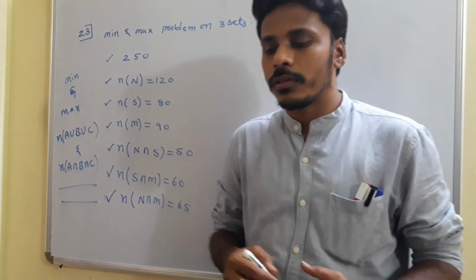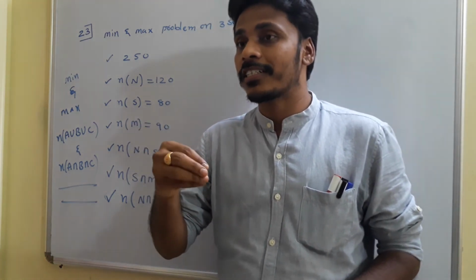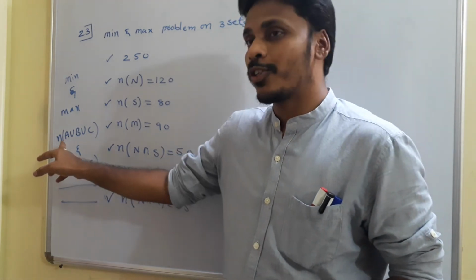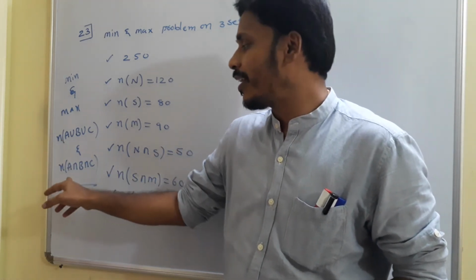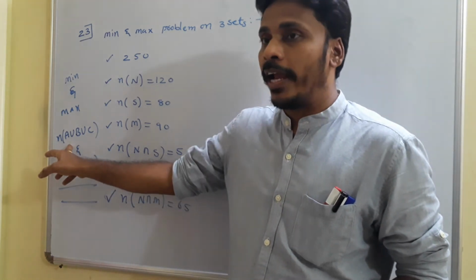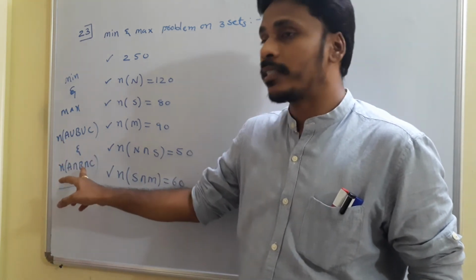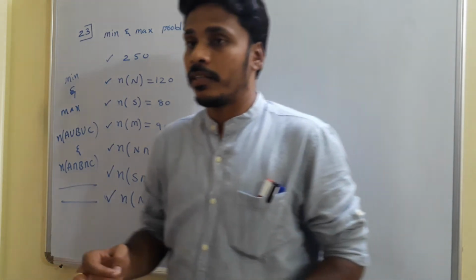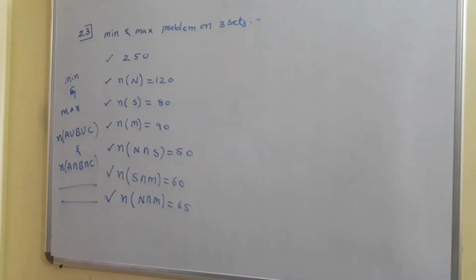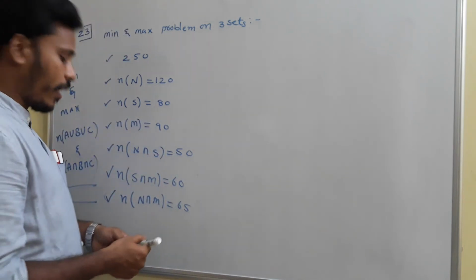See, usually to sketch the Venn diagrams for three sets, we need that A intersection B intersection C part. Just look there. I mentioned A union B union C and A intersection B intersection C, but the question is about N, M, and S. So here you need to find n of N union M union S and n of N intersection M intersection S. Okay, just once again, have a look. Since we don't know the intersection of N, M, and S for the three sets, first you just let it be X. Okay, I am sketching the Venn diagram, just have a look.